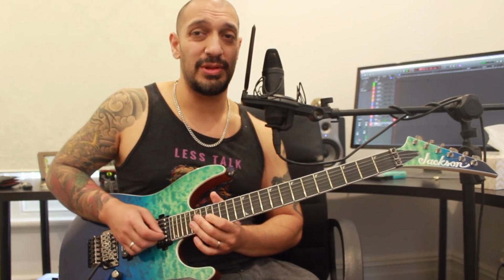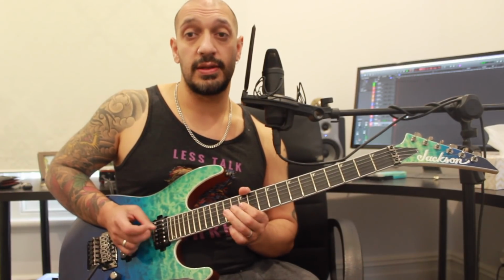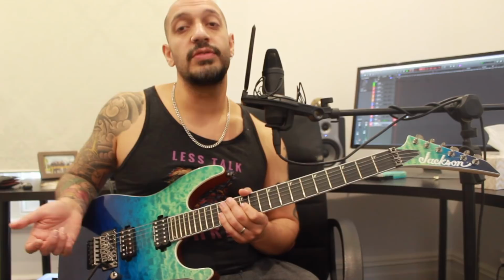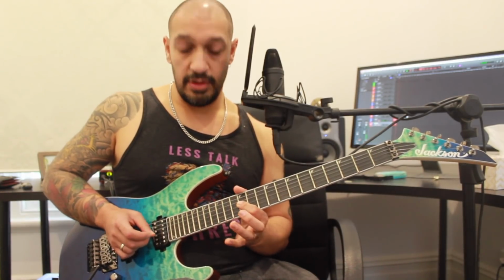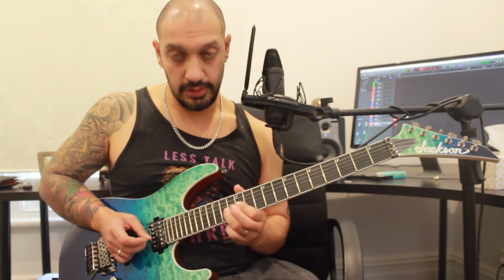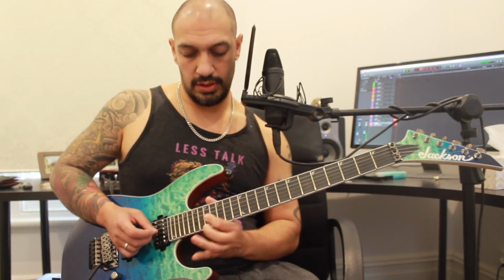So we're going to be working in triplets. Similar idea, but from 14 to 16, and then 12 to 14. So if you don't stop and you've got distortion in between, you should be able to do that all in one pick. Very Bullet for My Valentine. At the end of that, I'm going to play 12, 13 on the 2nd string. So we've got...